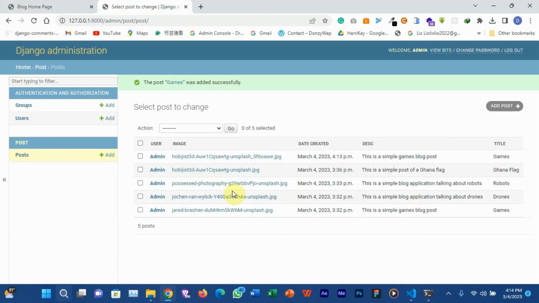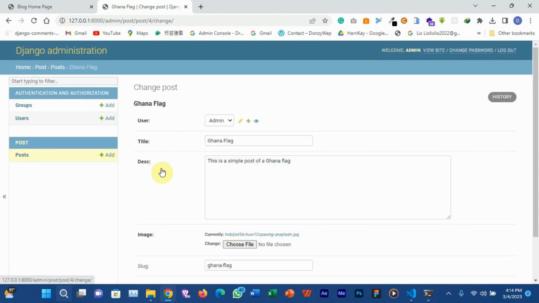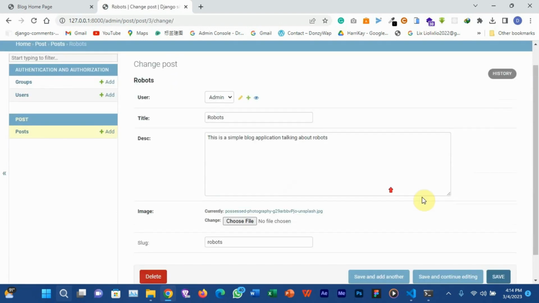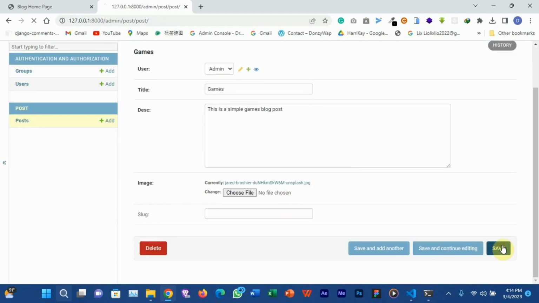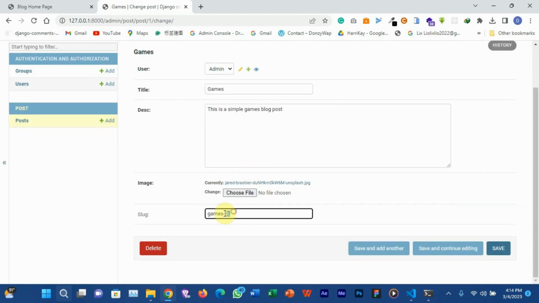You can see we didn't run into any errors. But okay, let me go back to the post. Games. Okay, I want to find the post with the title games. Okay, games here. Okay, so we don't have any slug for there. So if I save this post here, you can see it added the text to it.